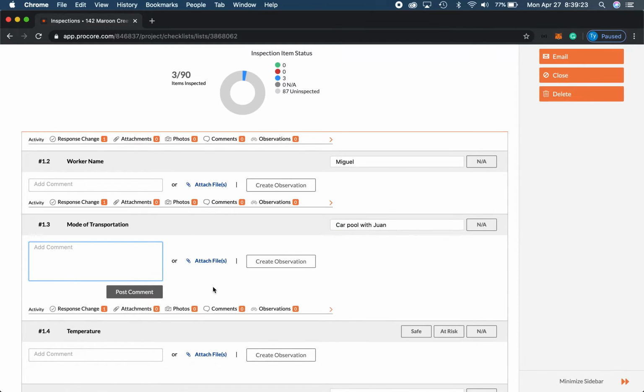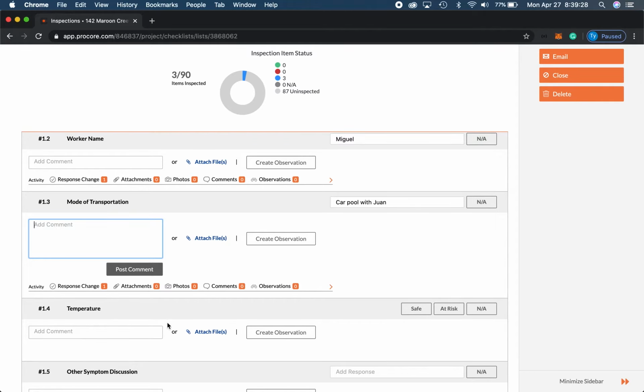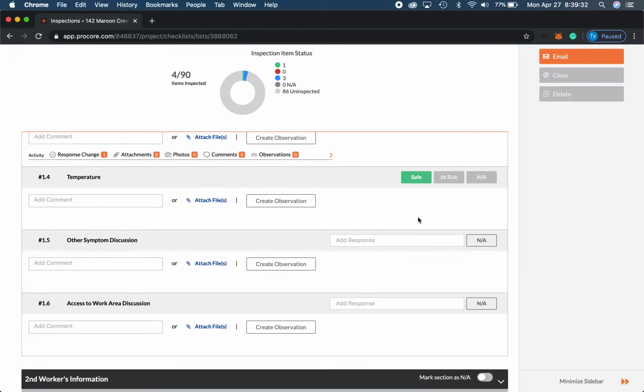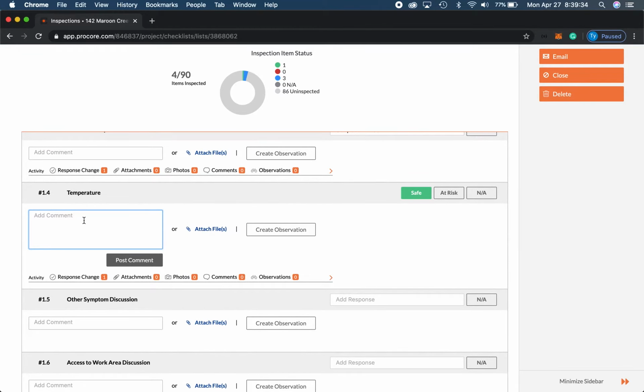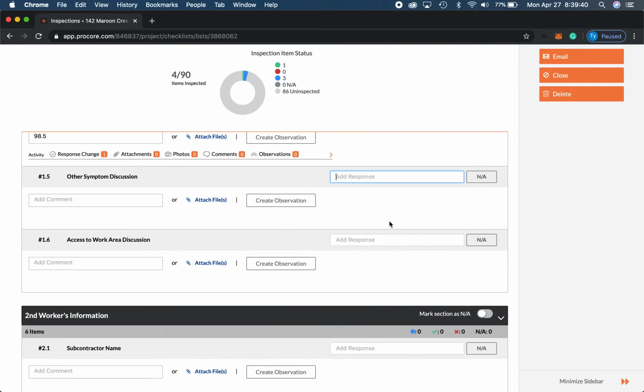You can also add comments if you need. Then temperature, you take his temperature, you could say safe, you could say 98.5, or whatever the temperature comes up with. Other symptoms, this is where you could say cough, you could say not applicable,